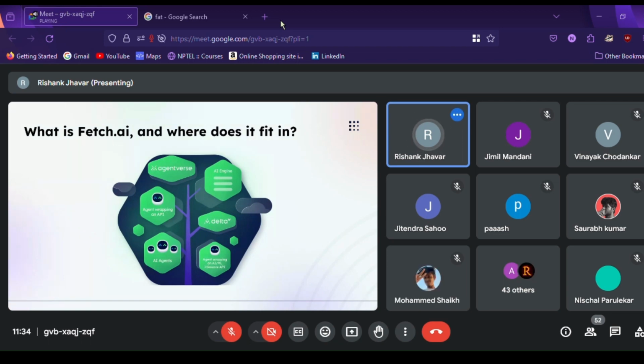platform where you can code those AI agents in Python. Number three is Delta V, an AI engine, a combination of both of those, which is basically a ChatGPT-like interface plus an AI router that can identify your query and can respond to those queries. And number four is